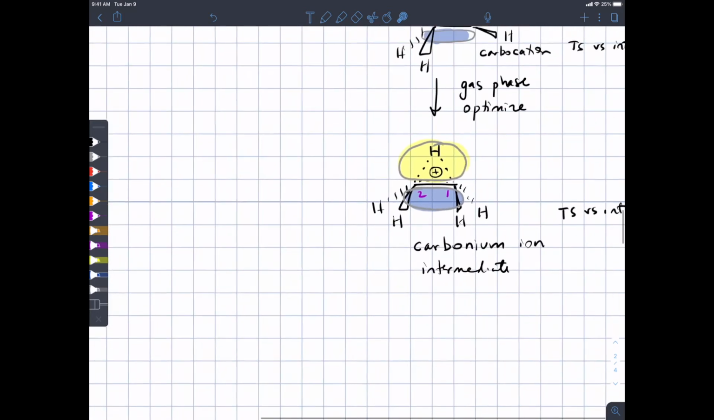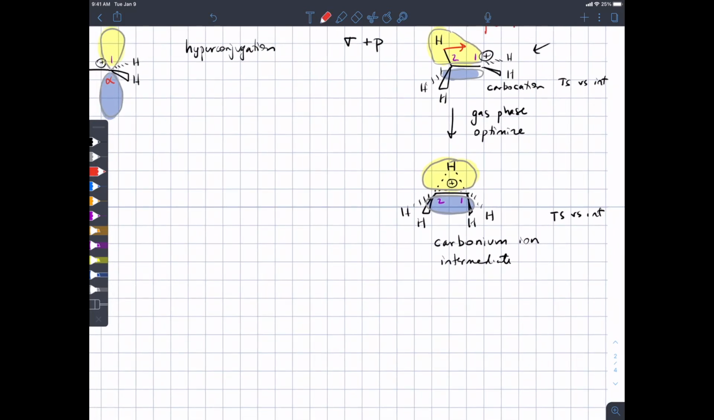And we can ask the question, what if that hydrogen just continued to lean on over, keeps leaning,